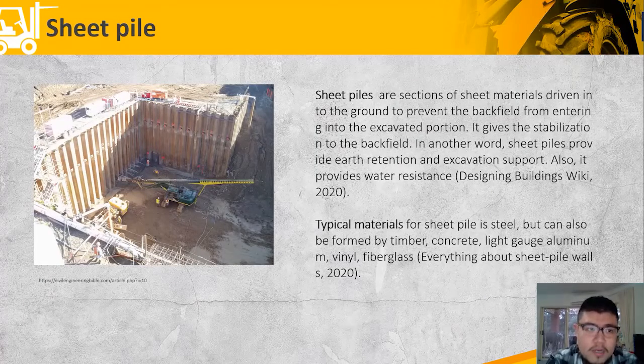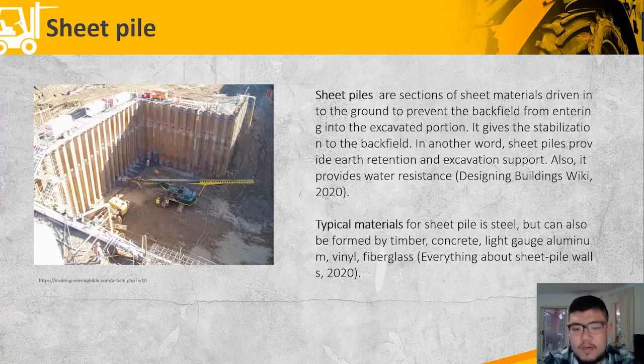So we're going to be looking at the sheet pile as the first component. Sheet piles are sections of sheet material driven into the ground to prevent the backfill from entering the excavation portion. So basically it is just a support for the retaining wall. As you can see from the left-hand side of the image, this is what a typical sheet pile looks like on a construction site. The typical material for sheet pile is steel,